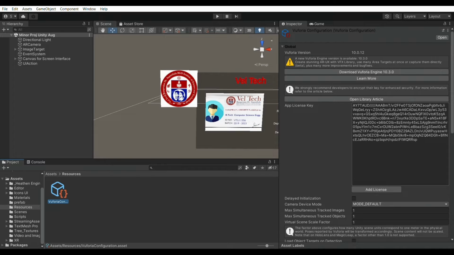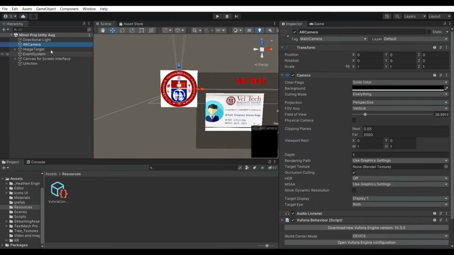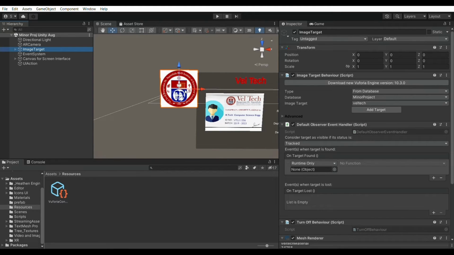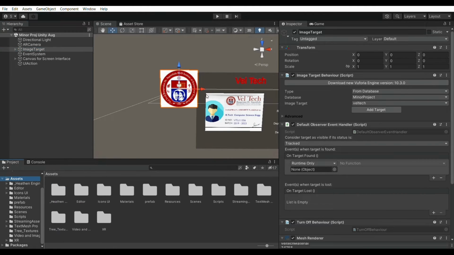Then we can use the augmented reality components such as the AR camera. As you see, this AR camera refers to the camera which we'll use on the Android device that will recognize the target object for us. Then comes the target image. In our case, the target object is an image which, as I mentioned earlier, is the institutional logo of my college. The same database and the image target are imported from the Vuforia engine. Once this target image is scanned by our Android device, the content that we place on our canvas will be displayed.